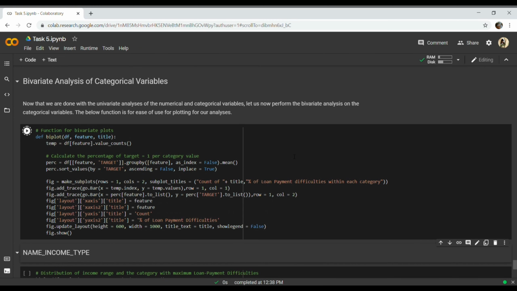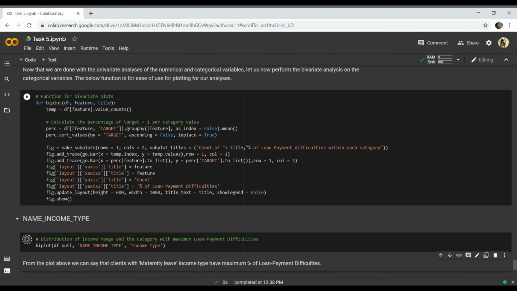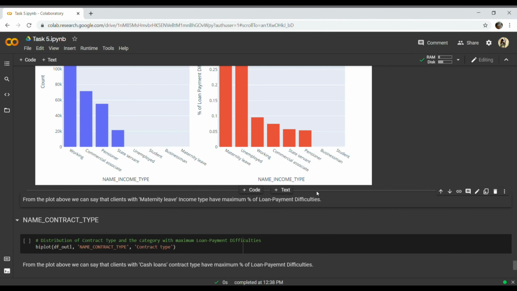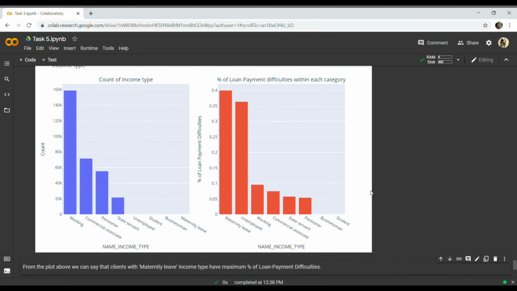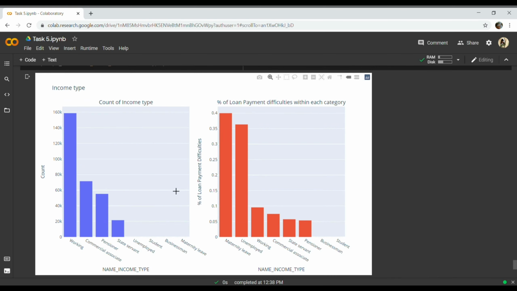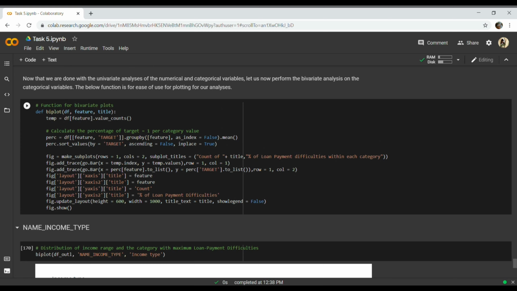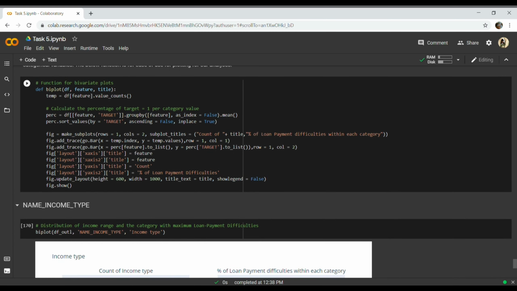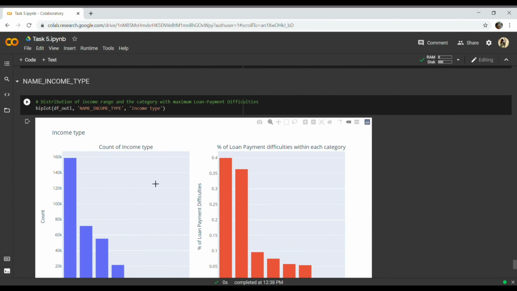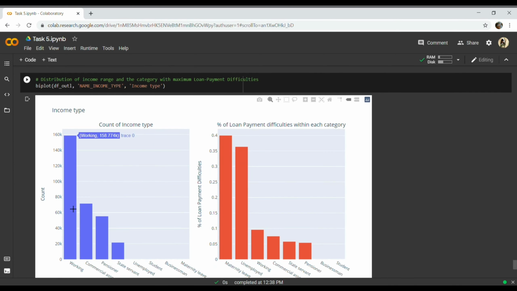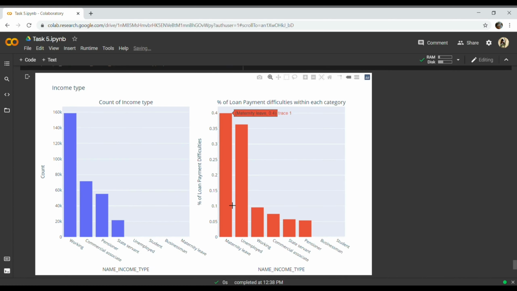Now for the bivariate analysis, we are comparing two variables altogether. Here is count and here is the percentage of loan payment difficulties. Here what we have done is, for each variable we are checking the count of the income type and the percentage of loan payment difficulties.